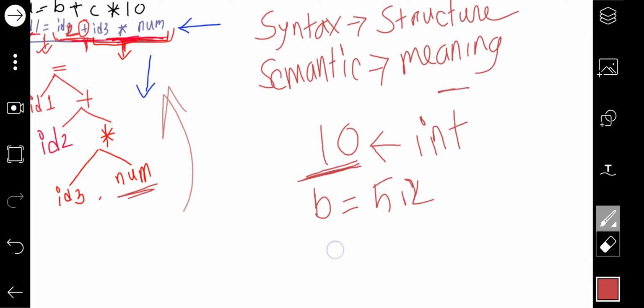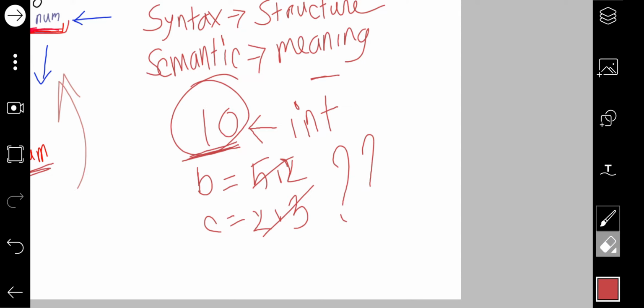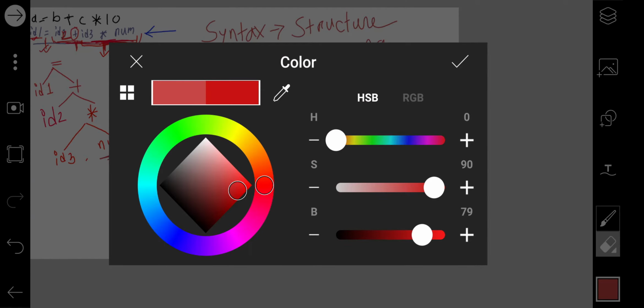Now you have to convert the 10 integer into float, because you don't know whether the values of b and c are integer or floating. In that case, in the semantic analysis, the number will be converted into a floating point.